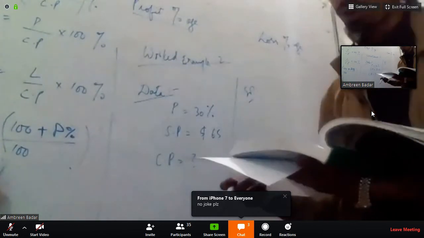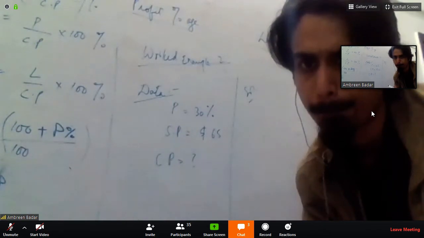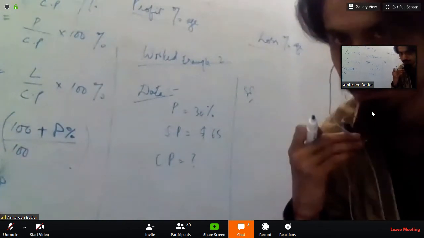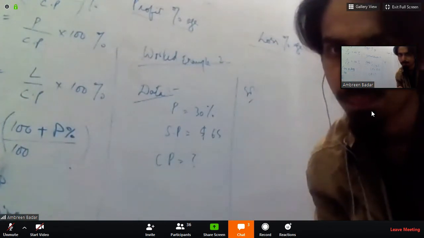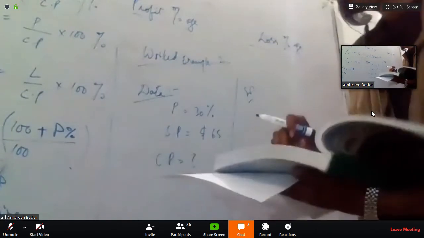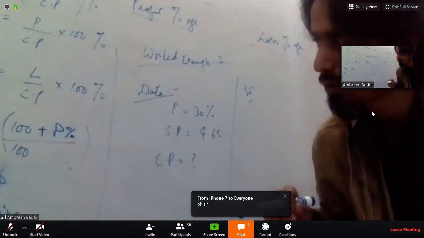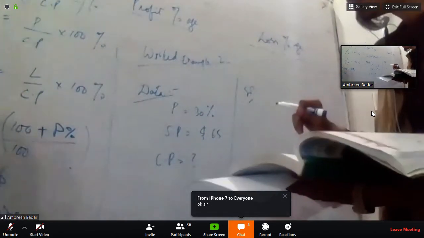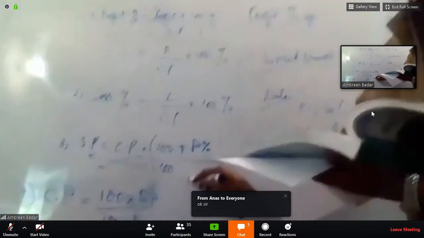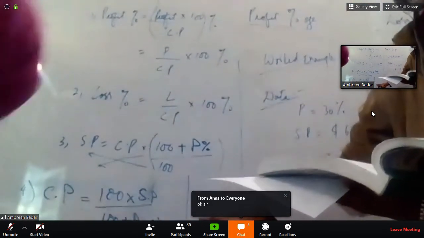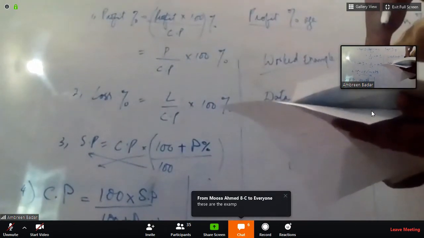Have you got my point? Have you got what the question is asking you? No, you don't have to copy this, beta. Now, have a quick look at this. Ammar and Farooq, you will get this point that the formula for cost price is there. Here was the formula. Beta, don't worry about the formula. I will be giving you the formulas.